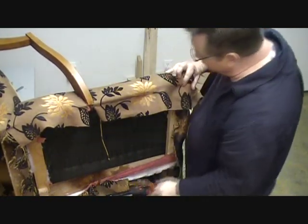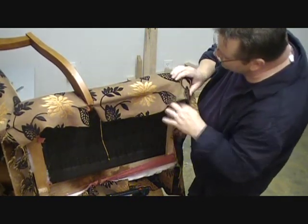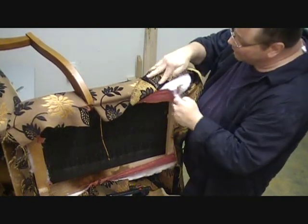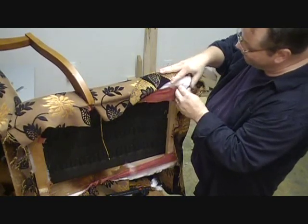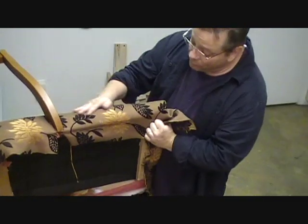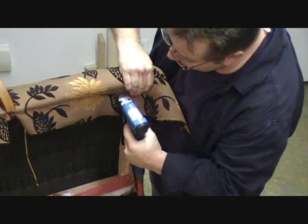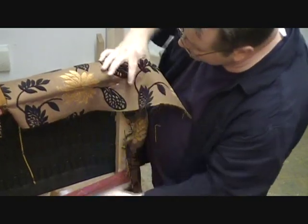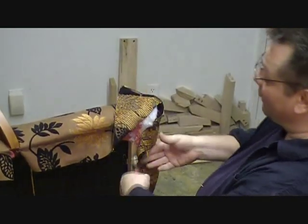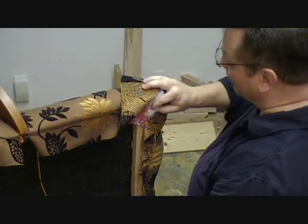I'm going to take out this temporary tack up here, and clean out a little bit of this up here so it's not rolling around the wood too much, rolling on top of the wood. Now here I'm going to grab the fabric in one shot, and I'm going to pull it up like this, staple it down. Now I'm going to get into a position where I can do my pleat, and I'm a little high over here at the fabric, so I'm going to pop a staple to move it back a little bit